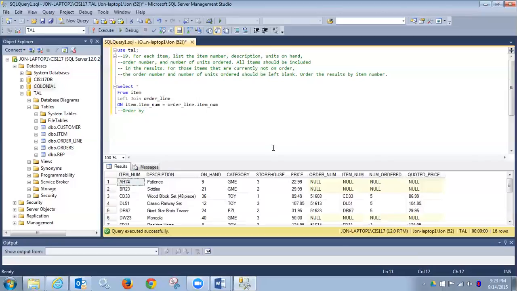Okay. And list item numbers on hand, number ordered, including the results for those that are currently not on order. Okay, so that's looking good. So I am seeing nulls showing up over here, and that makes sense. And am I getting all of the item numbers? Let's